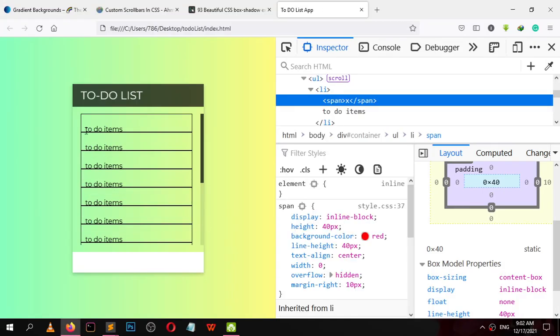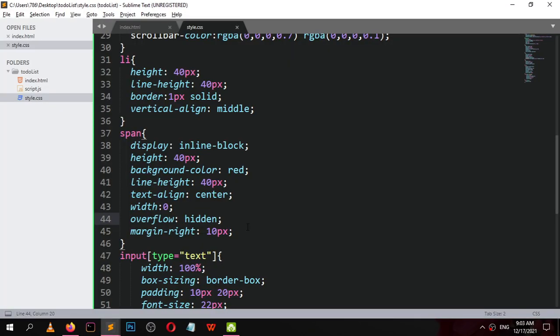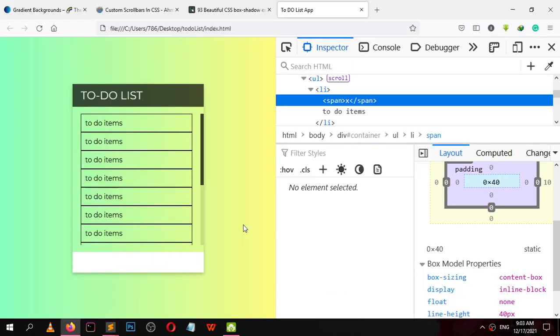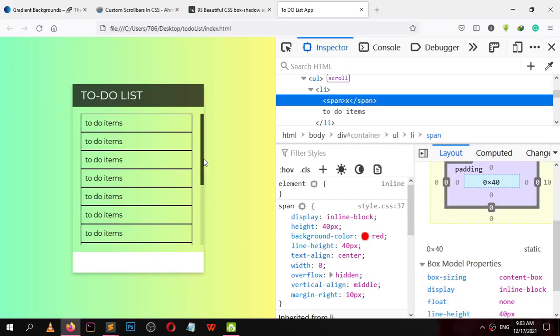As soon as we make overflow hidden, it pushes the text to the bottom. Give it the property vertical align middle. Now we are done.